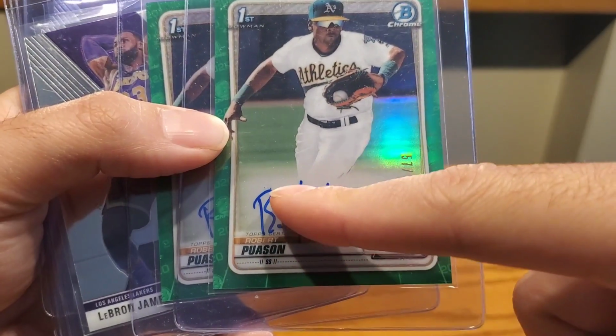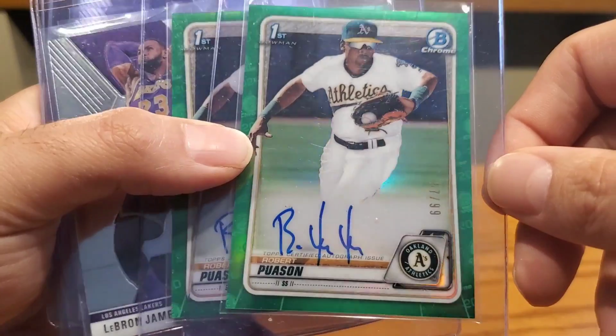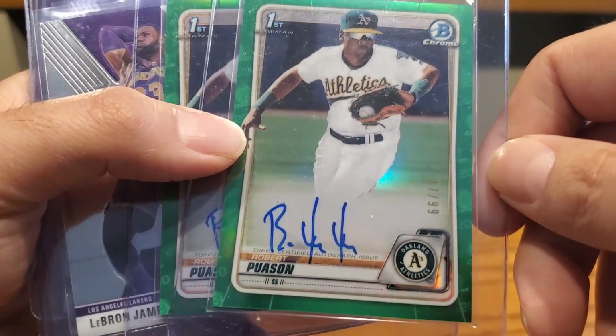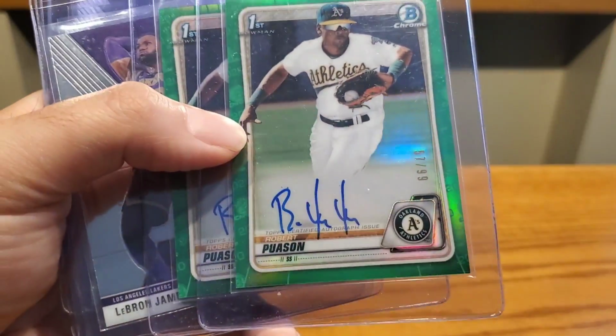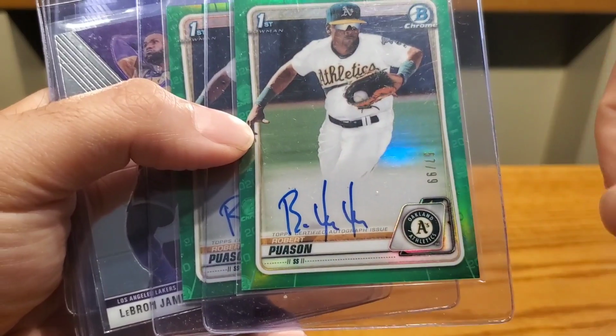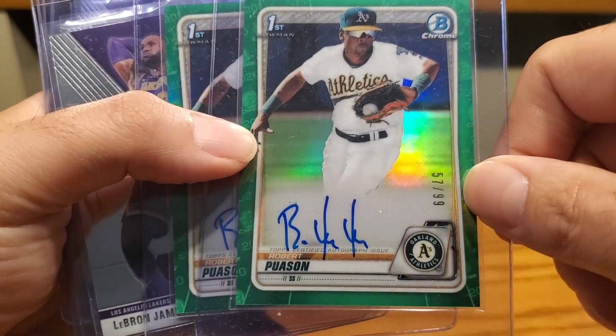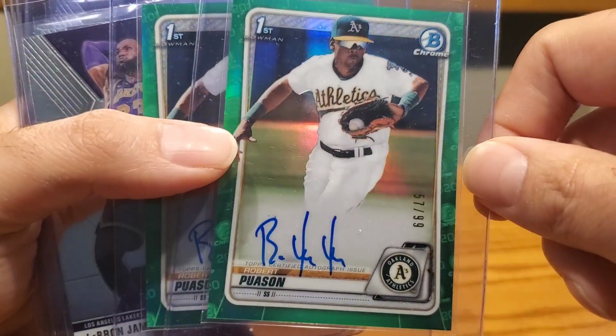This one, it's got a smudged autograph. I would send it to Beckett because it's got some surface stuff going on, and I don't think it's going to jam with PSA. So I would try to get that 9.5, but I'm not going to get a 9.5 and not get that auto graded with Beckett, or else it's just going to look stupid and people are going to know why, because they're going to look at the autograph. The guy I bought it from,